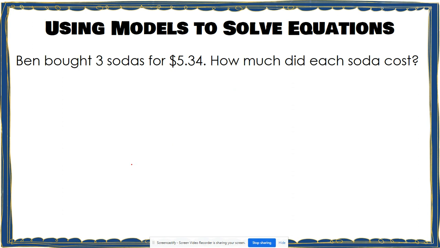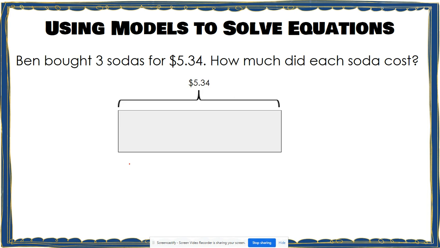Next, I see that Ben bought 3 sodas for $5.34. How much did each soda cost? Well, the first thing I'm going to start out with is what I know, which is that the total cost was $5.34. I don't know how much each soda cost, but I know that there were 3 of them, so